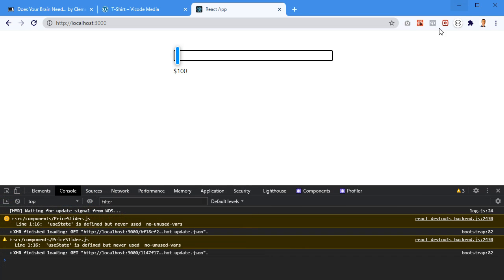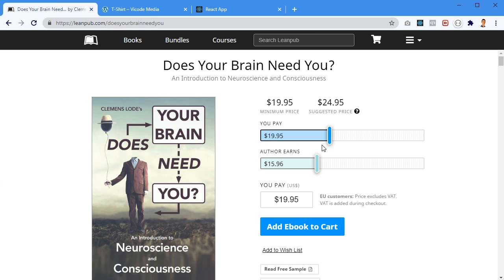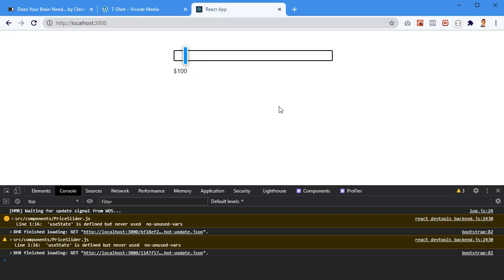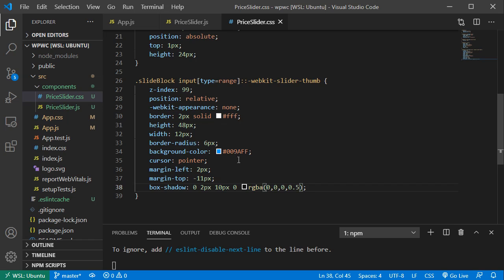Alright, let's see what we've got here. So this is how the thumb looks like, which is pretty good. I like the way it looks. It looks similar to this one, so that's why I chose this color and everything. Okay, next